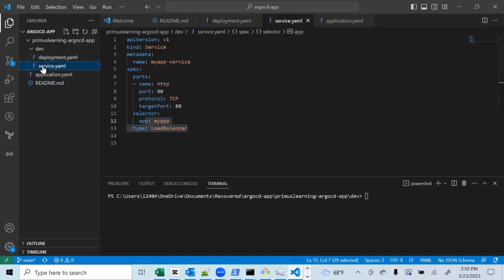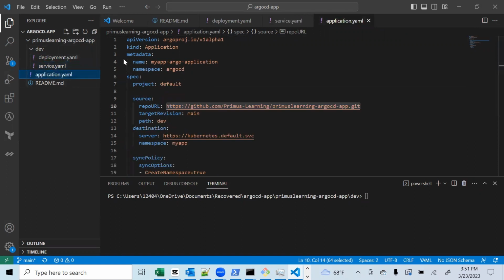The second file is a service file. So the kind is service, right? You can see, and basic things, it's deploying on port 80, and the name is HTTP, and the protocol here is TCP, the target port is 80, and the type is a load balancer, basic Kubernetes manifest files, right? So once you've had these files, to sync it up with your Kubernetes environment, with your Kubernetes cluster,